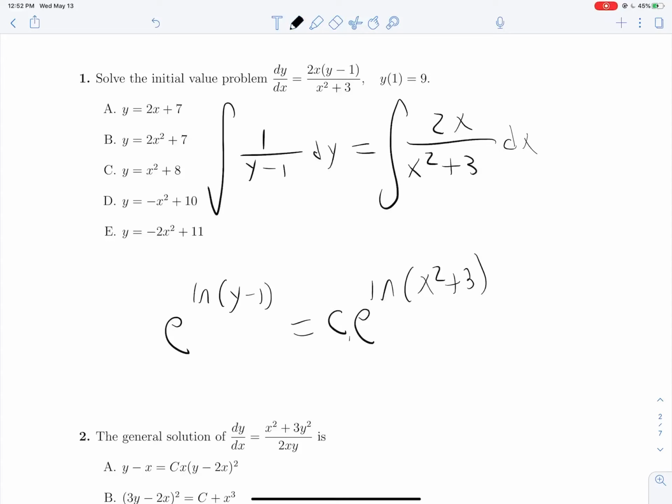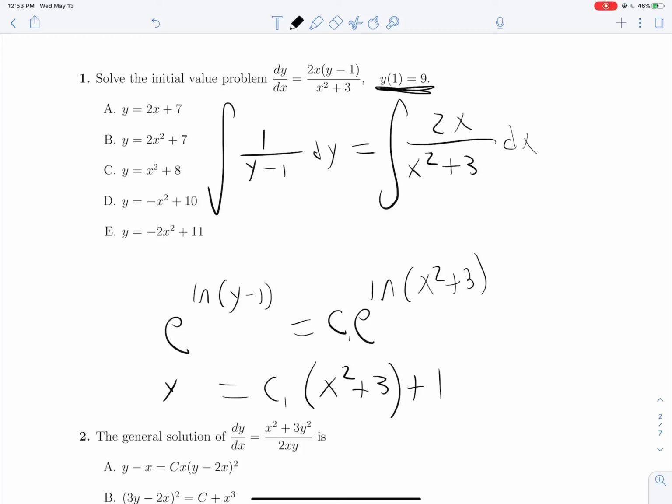So I'll call that c1 there just to show that it's different. So then simplifying everything else, we get y minus 1 is equal to c1 multiplied by x squared plus 3, and we can add this 1 over,